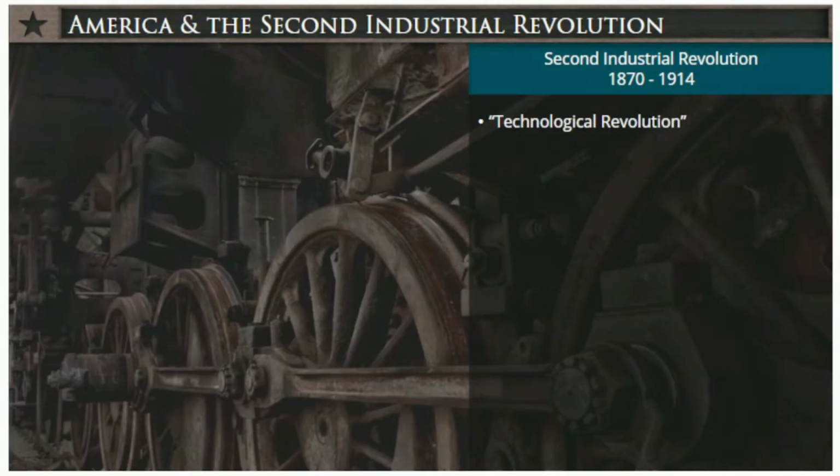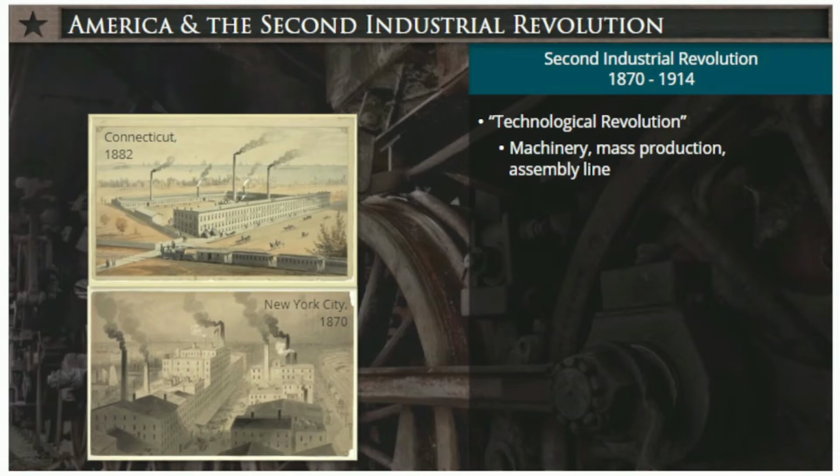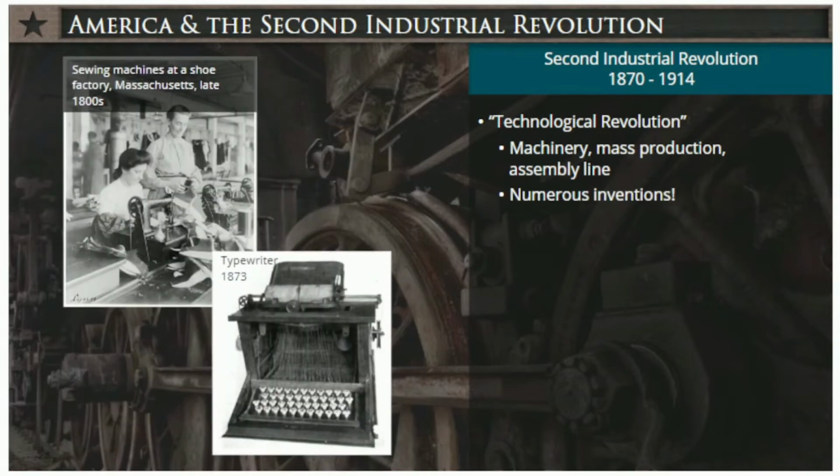This era saw the widespread use of the internal combustion engine and machinery in manufacturing. Inventors and business owners developed more efficient, labor-saving machinery and mass production techniques, including the use of the assembly line that spurred advances in productivity and efficiency. Countless inventions were also produced to make the everyday lives of Americans easier. Sewing machines, typewriters, the fountain pen, the first modern air conditioner, safety pins and paper clips, adding machines, cash registers, and the escalator, to name just a few.